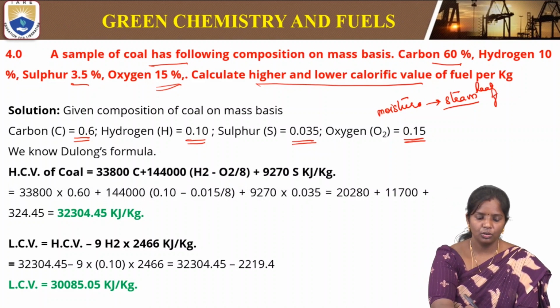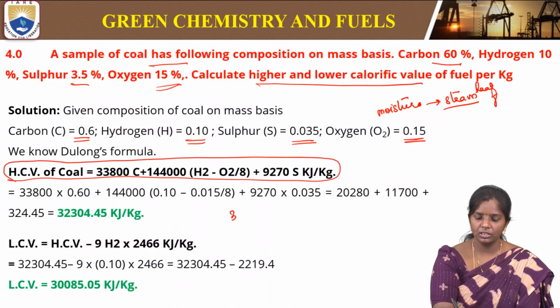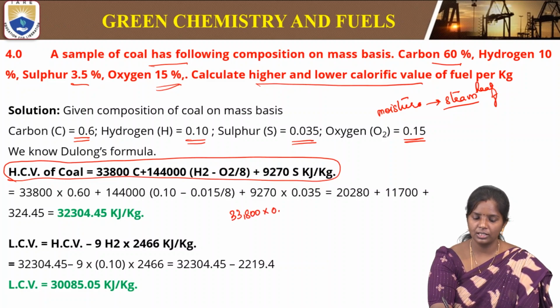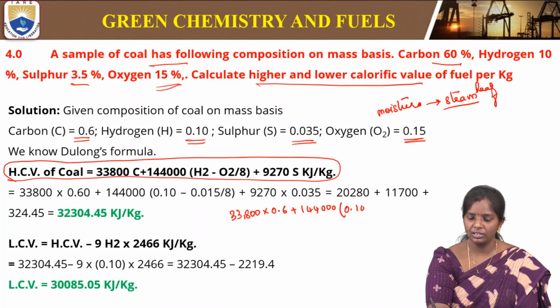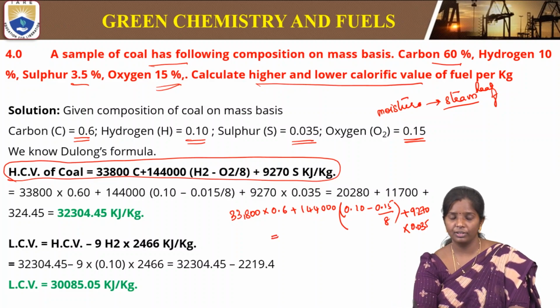So this is Dulong's formula that we have. 33,800 into how much is the carbon? 0.6, plus 144,000. Hydrogen, how much is the hydrogen? 0.10 minus oxygen 0.15 by 8. So close the brackets properly. Then plus 9270 into sulfur. How much is the sulfur? 0.035. So upon simplification and calculation, we get